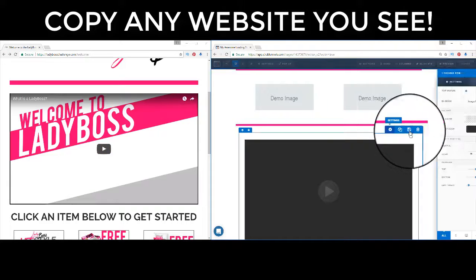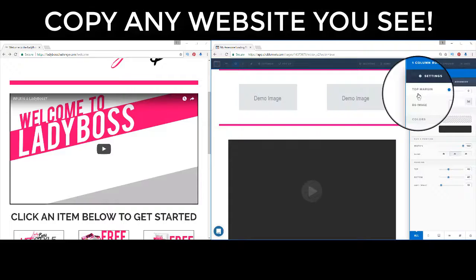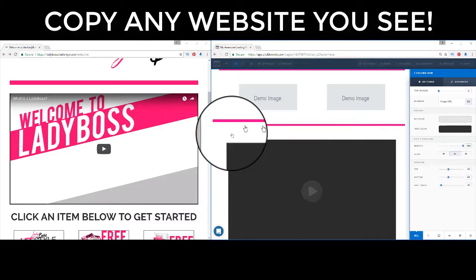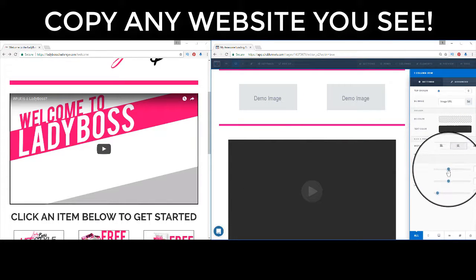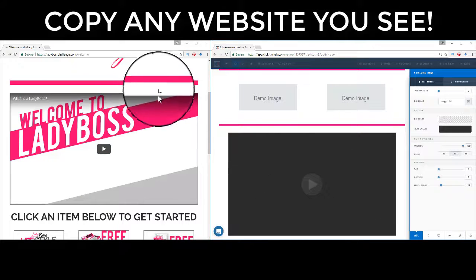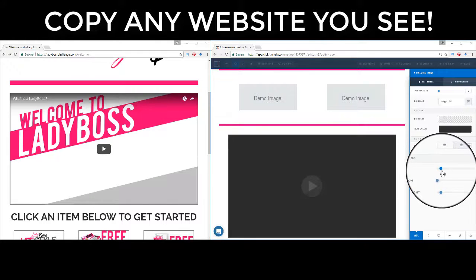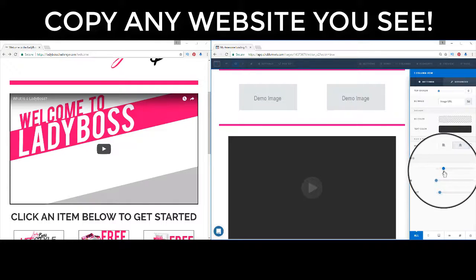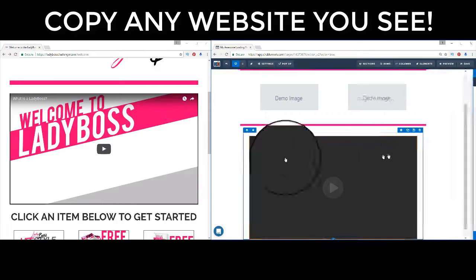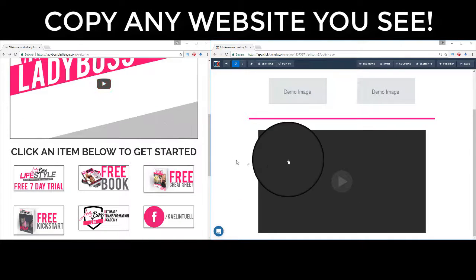And if you need to change any settings, remember the top margin here. You can push that down if you need to. You can change the background color of the whole thing. You could give it a little bit more padding if you need to, or less padding. Okay, it looks like there's just a little bit of less padding right there. So I will probably pop it right about there. Okay, and then we'll scroll down. Okay, and now